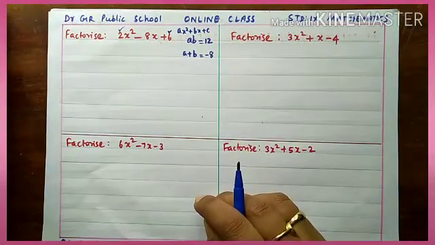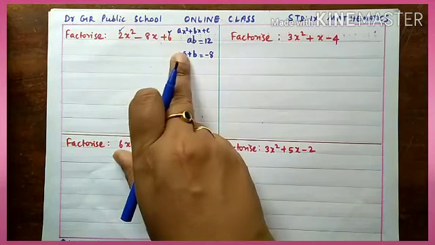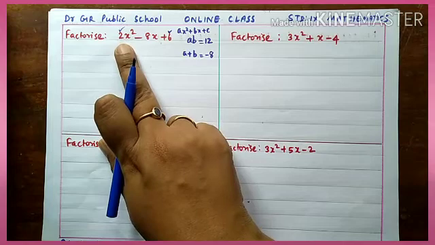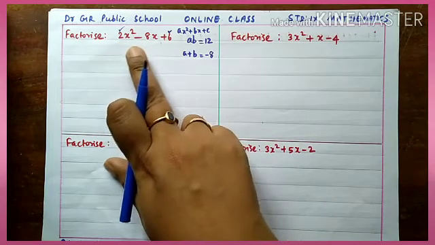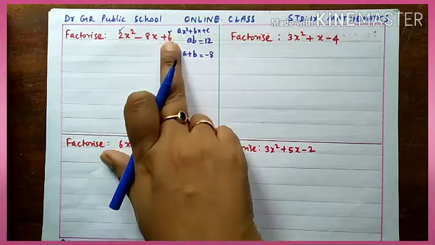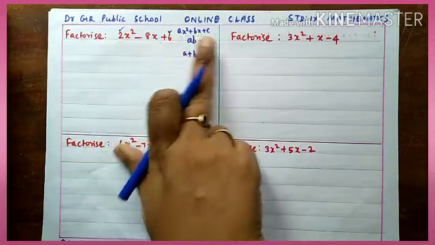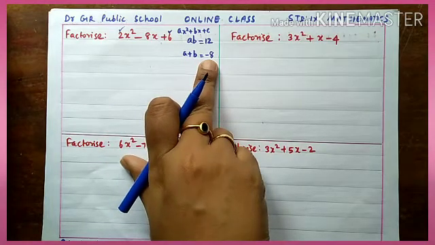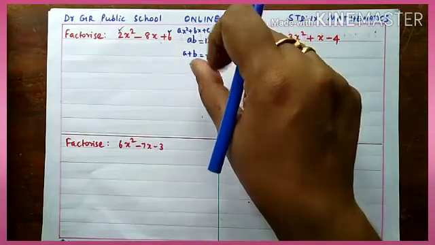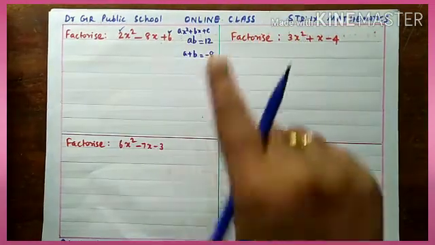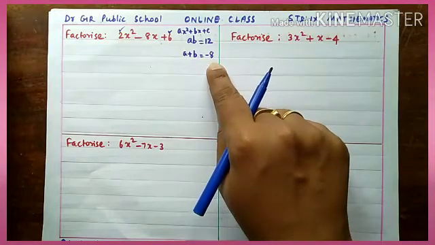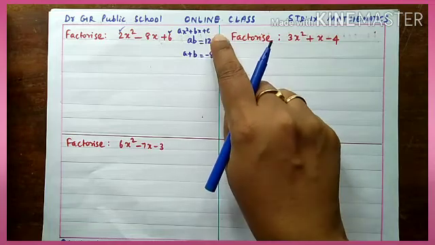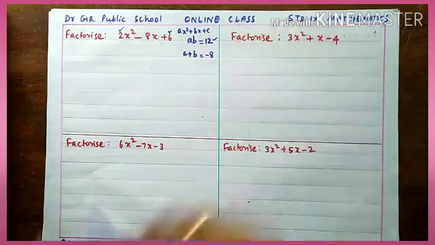Okay children, this is very important in this type of polynomial where the coefficient of x square is not equal to 1. You need to consider the product of two numbers by multiplying the coefficient of x square and the constant term. So 2 into 6, 12 is our product and minus 8 is our sum value. Now you want to find two numbers a and b, so that the product is 12 and the sum is minus 8. We want to start from the product value. Our product value is 12, you know.